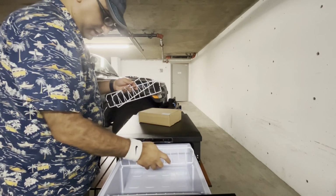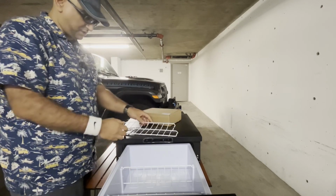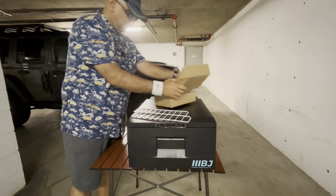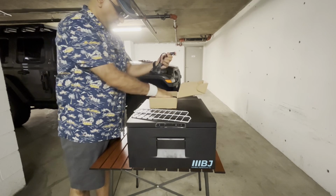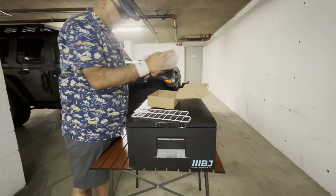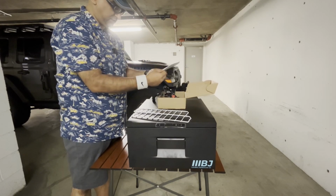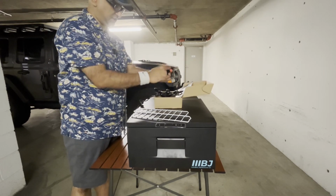These are how it looks like. Let me see if you can see this. Yeah, we got 2 extra. Let's see what's inside the box. We got the normal connections, as well as an AC adapter. There's some user manual, model D30, DC drawer refrigerator, and I can use this connector for the back of the